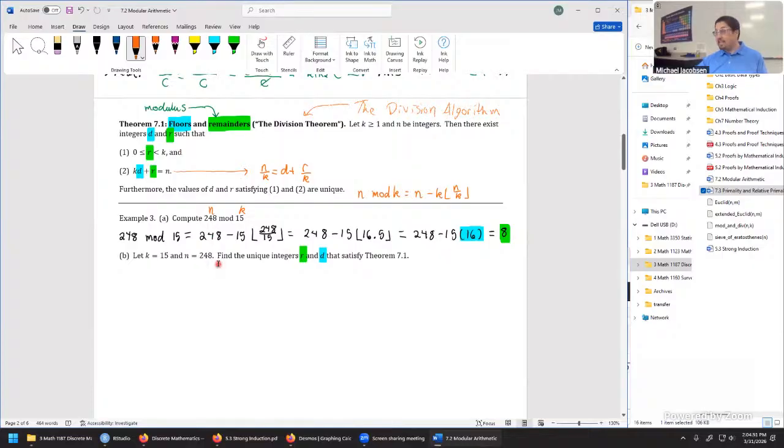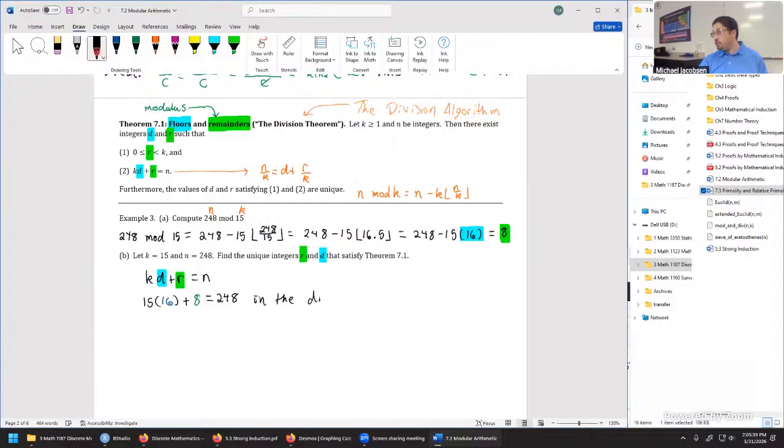Part B just says, find the integers r and d satisfying theorem 7.1. Really we're just focusing on part two fundamentally. So in part two, we have kd plus r equals n. Throw in our value for the floor, which is the divisor, r, which is the remainder. Use our values for k and n that are provided, and we can now say that 15 times the divisor, which is 16, plus the remainder, which is 8, equals 248